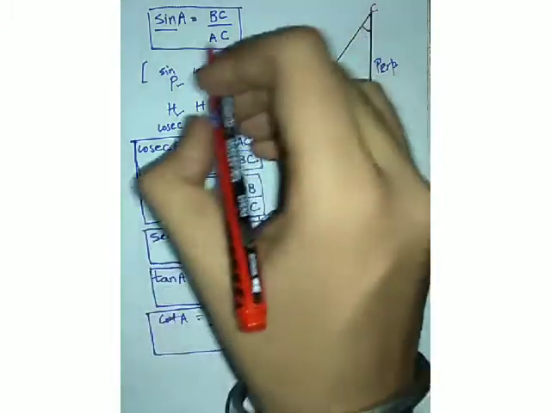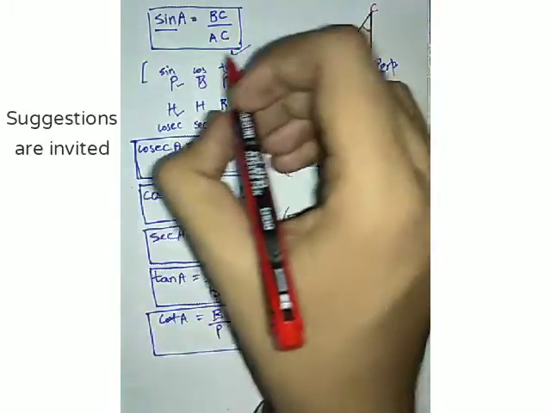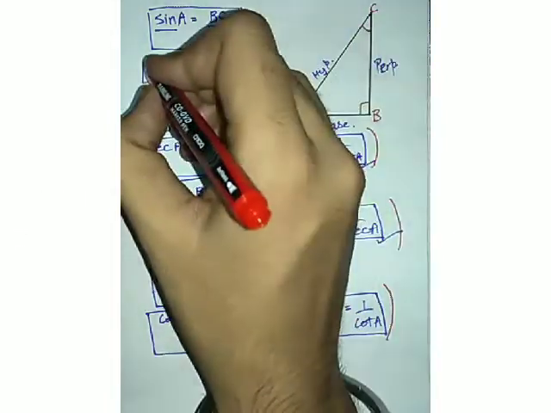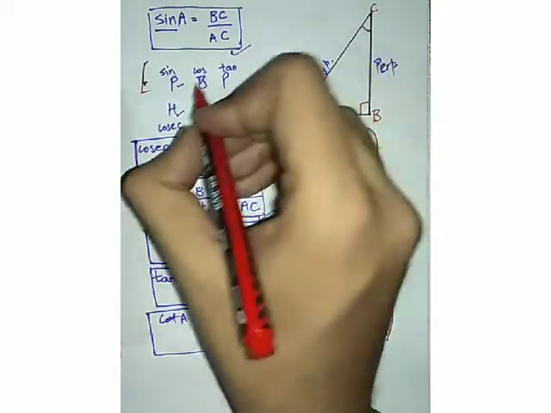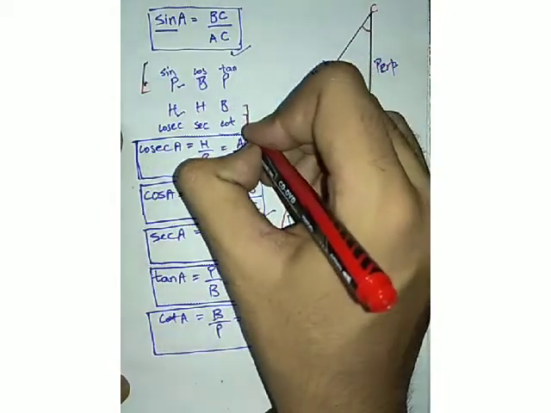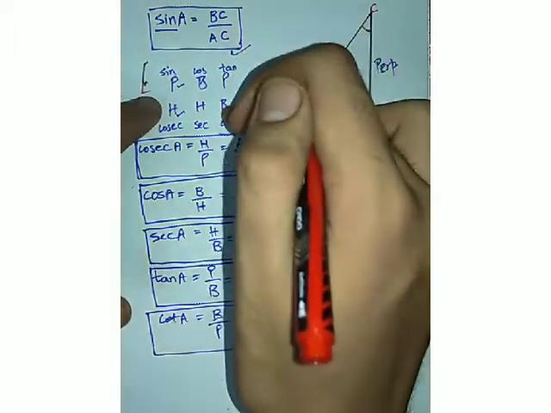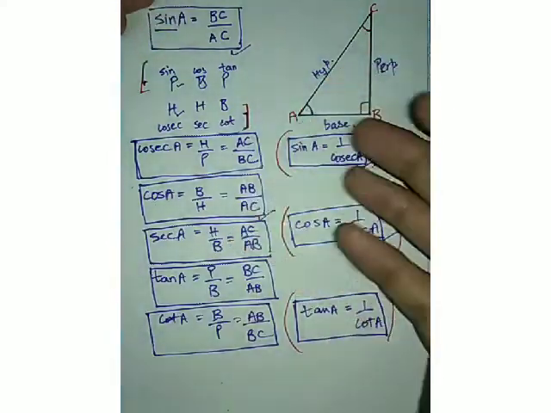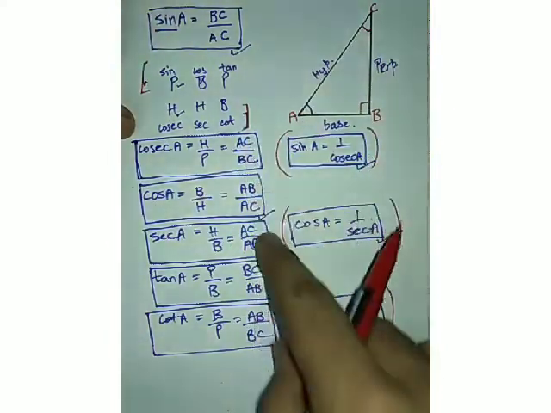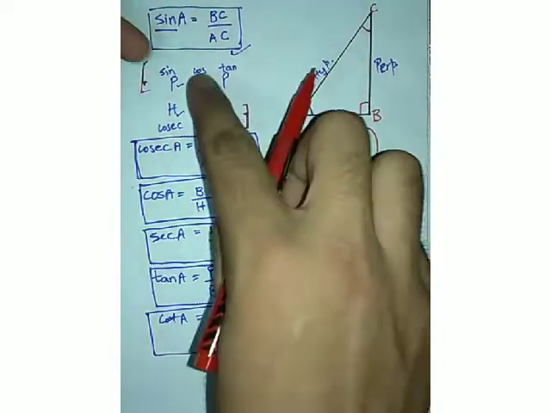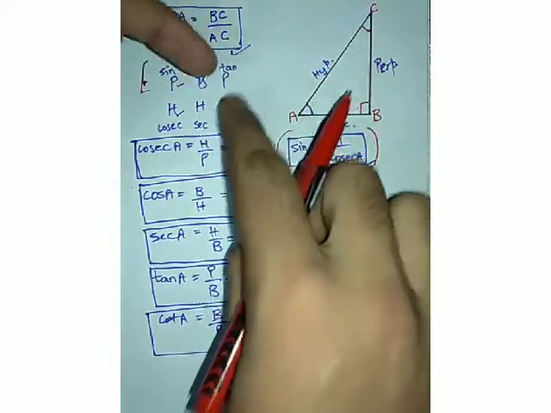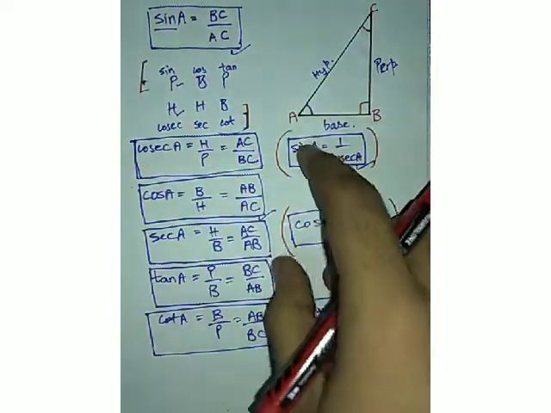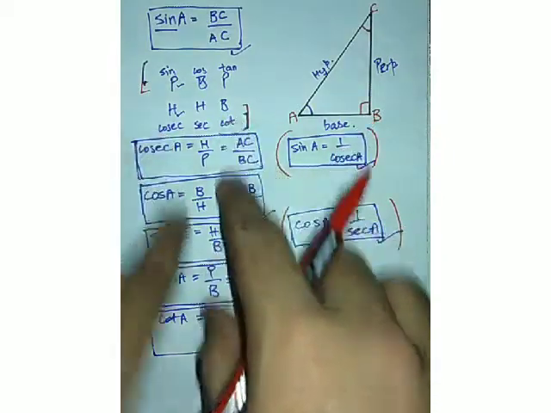And it's a bit tough to remember that sine is always equal to perpendicular over hypotenuse, and cos is always equal to base over hypotenuse. That's why I have given you this kind of code, because by just writing this code you can get to know what kind of ratio a trigonometric function is satisfying. It's very clear from here that I have derived all of the formulas from this code only, because sine is equal to this, cos is equal to this, tan is equal to this, and the other three ratios are the reciprocals of the respective other trigonometric ratios. All right,